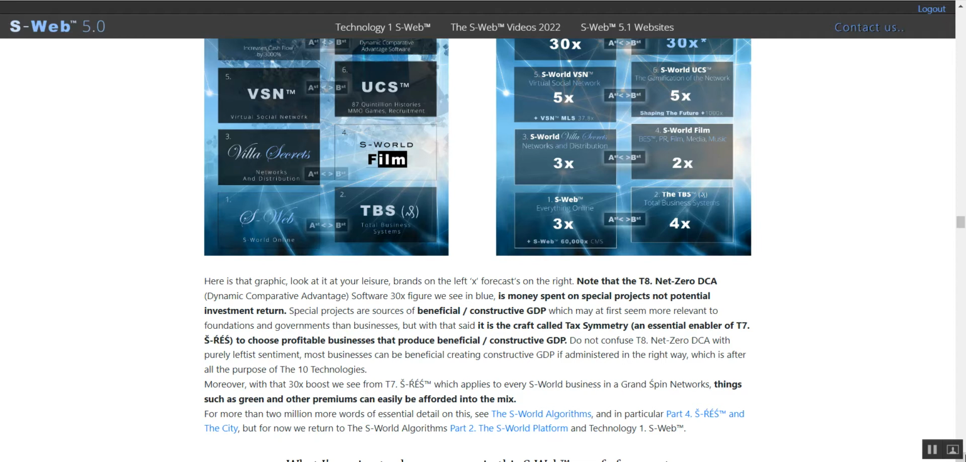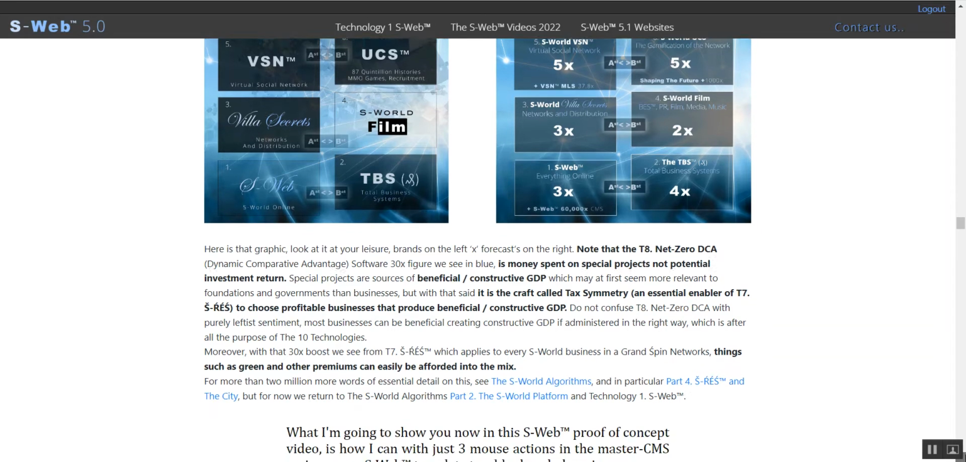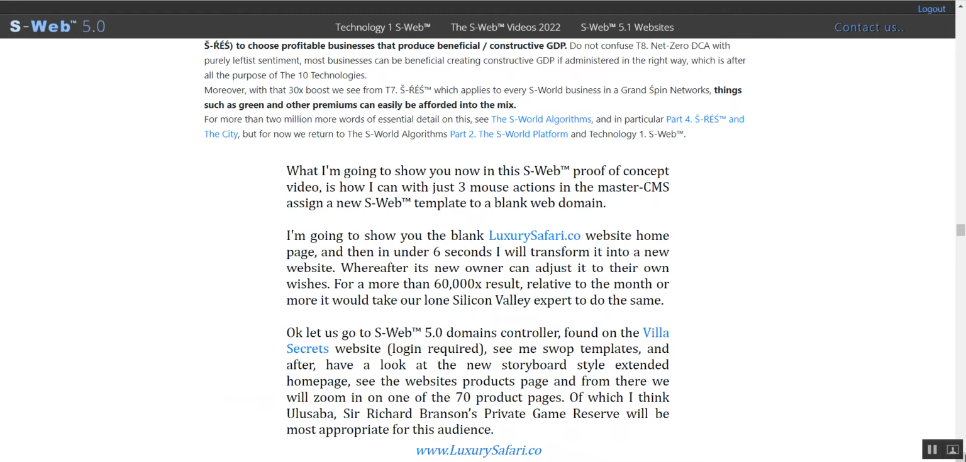Do not confuse T8 Net Zero DCA with purely leftist sentiment. Most businesses can be beneficial, creating constructive GDP if administered in the right way, which is, after all, the purposes of the 10 technologies. Moreover, with that 30x boost we see from T7 SRES, which applies to every business in a grand spin network, things such as green and other premiums can easily be afforded into the mix. For more than 2 million words of essential detail on this, see the S-World algorithms, and in particular Part 4, SRES and the City. But for now, we return to the S-World algorithms Part 2, the S-World platform, and Technology